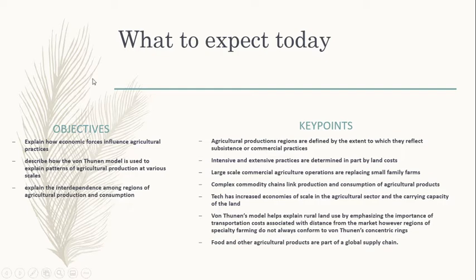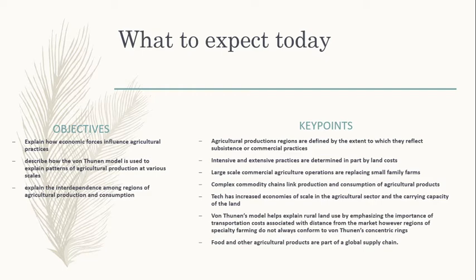What to expect today guys. So your objectives today are to explain how economic forces influence agricultural practices, describe how the von Thunen model is used to explain patterns of agricultural productions at various scales, and to explain the interdependence among regions of agricultural production and consumption. Your key points: